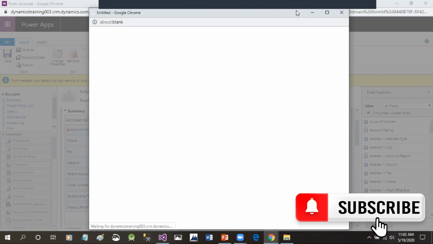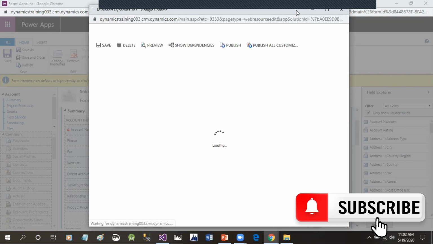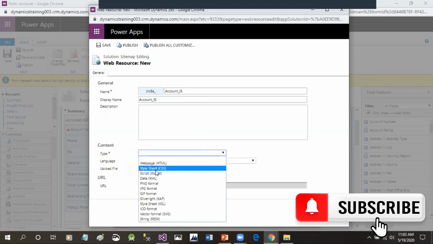So I have just clicked the new button to create a new JavaScript web resource. Give a name, account JavaScript, account underscore JS. Display name, let's say account underscore JS. And here you have to choose the web resource type as JavaScript.